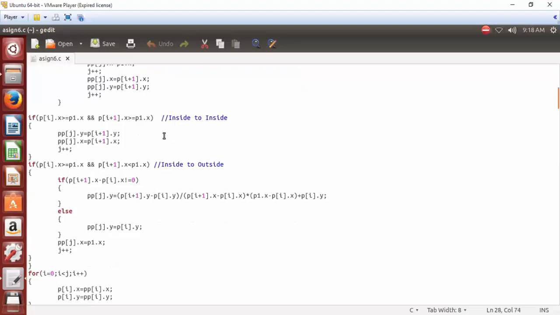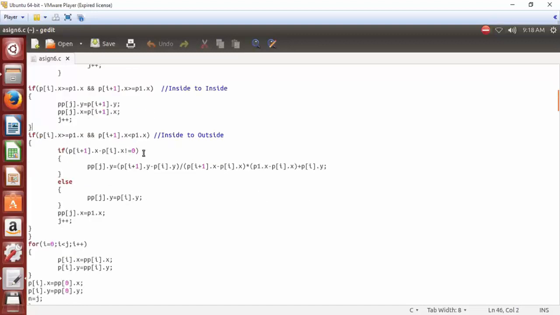When the inside to inside case occurs, the output is only the end point. So it is simple: PP of J dot x and PP of J dot y are set directly to P of I plus 1. Instead of P of I, we set P of I plus 1 in the output vertex list.